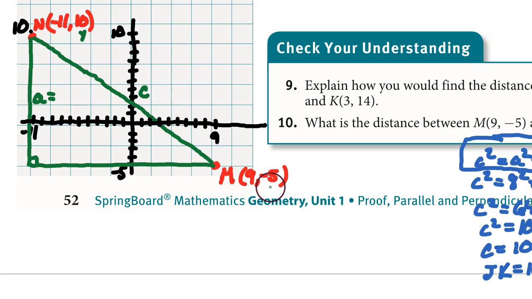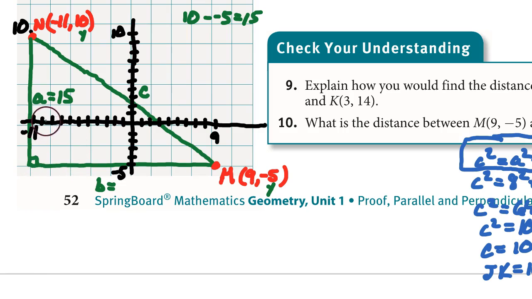On the other ordered pair, this y-coordinate is -5. How far is it from 10 to -5? 10 subtract -5 is 15 units. Lowercase a is 15. The bottom of the green triangle is the lowercase b, the base of the triangle. We need to know how long it is. We can count little